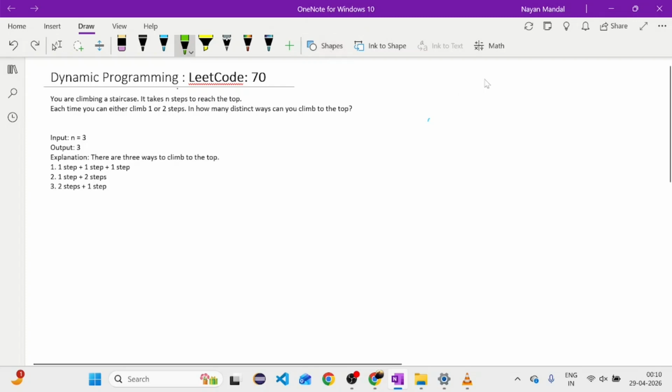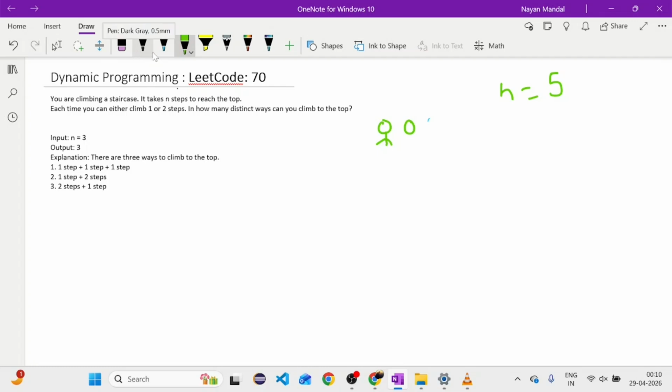Let's try to understand from example 2. Let n equal 5. Let's understand that we are at place 0, and now we want to reach the top, the 5th step.